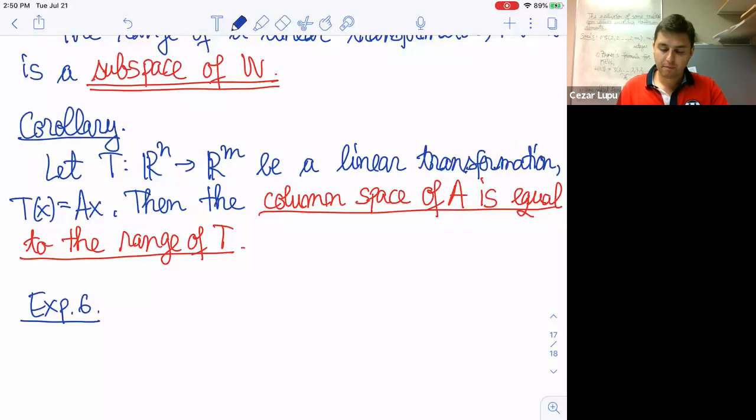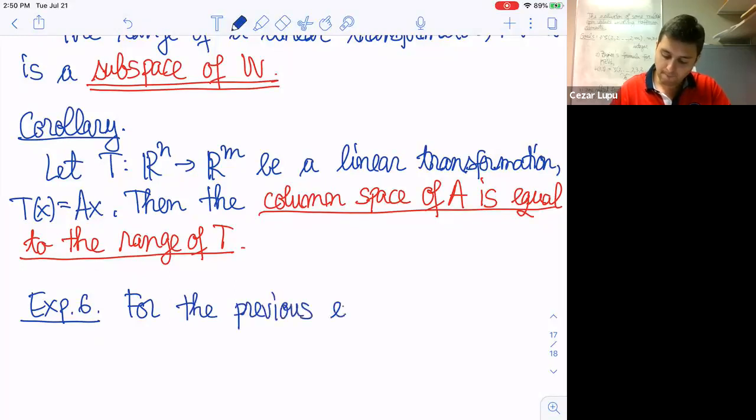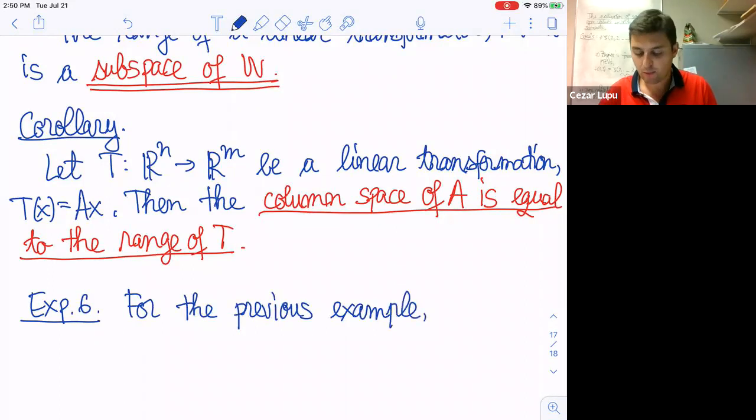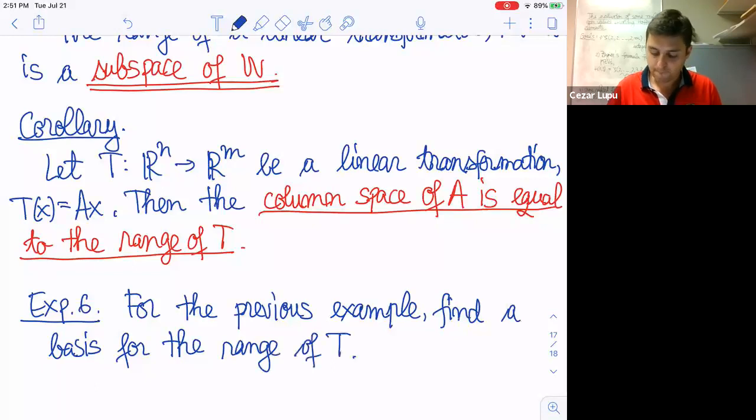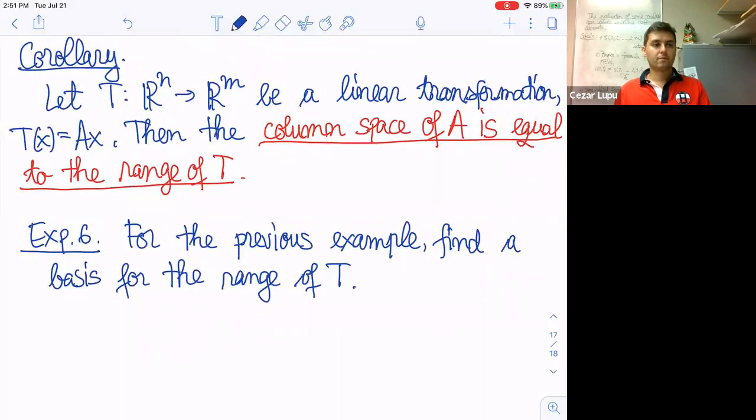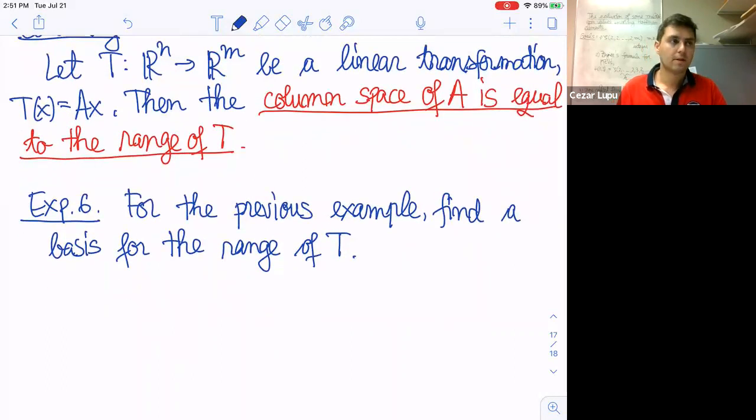Let's go back to our previous example. We found a basis for the kernel of T, and now we want to do the same thing, but this time for the range of T. So find a basis for the range of T. Keep in mind that the previous example had